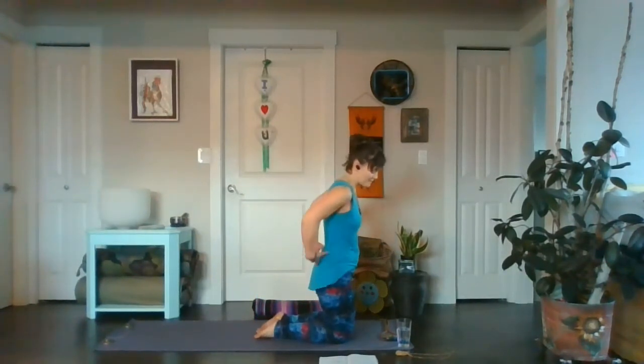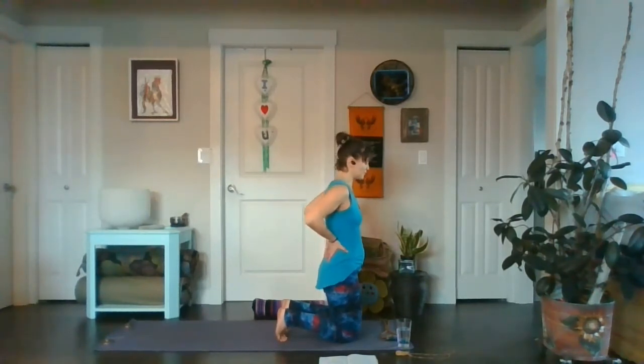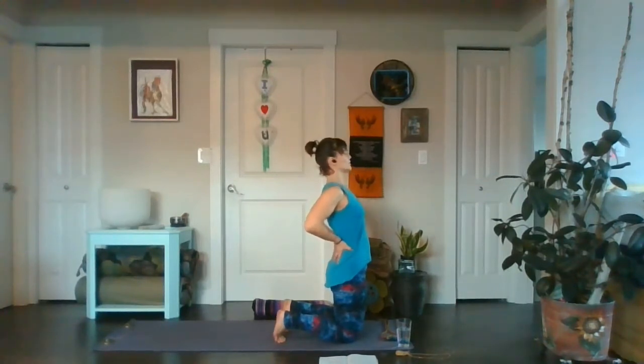Practice one more time. Ustrasana, curling your toes under, especially if you feel you may reach back for your ankles. And as you inhale, reaching your heart to the sky. Exhale, leaning back. Inhale, reaching your heart to the sky, feeling your whole front body expand as you exhale, leaning back, your thighs